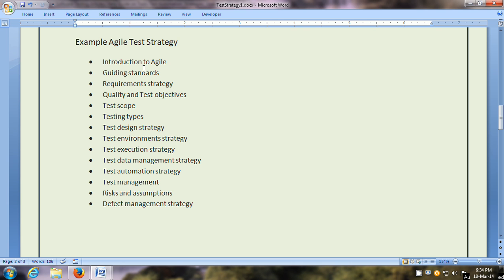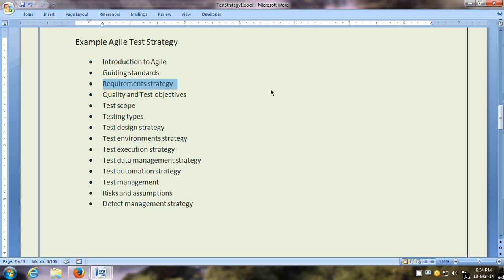So here are the different sections. First of all, you can give an introduction to Agile. What are the guiding principles of Agile? Continuous design improvement, continuous testing, rapid feedback and change, etc. Then another section can be on the guiding standards, such as shared responsibility of quality in the team, data management standards, and so on.